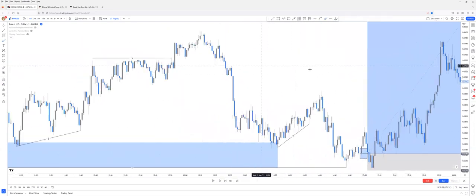So the second thing that I just want to talk about is that there's a difference between 15-minute liquidity and 1 minute liquidity. And of course, there's a difference between 4-hour liquidity and 1 minute liquidity, and 4-hour liquidity and 15-minute liquidity. But we will talk about the difference between 15-minute and 1 minute liquidity. Sorry, before I continue with this one, I just want to talk about the last scenario right here,